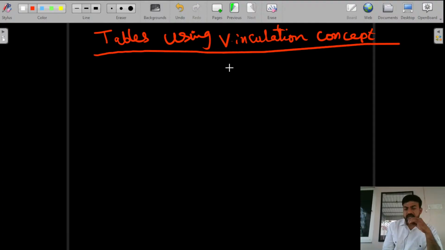Tables using the vinculation concept. Now if you want to make any table, first I have told you the structure of the table. For example, if you want to make the 97 table,